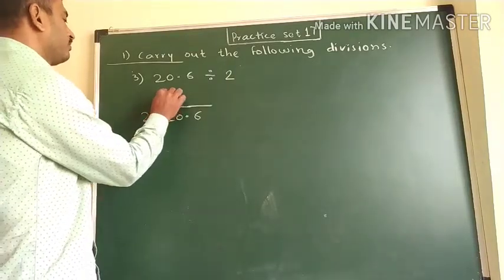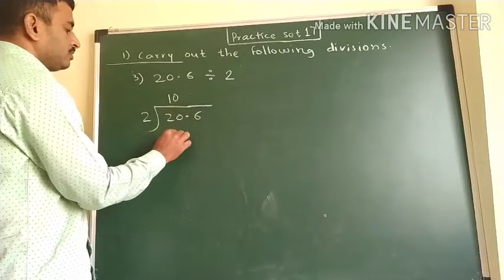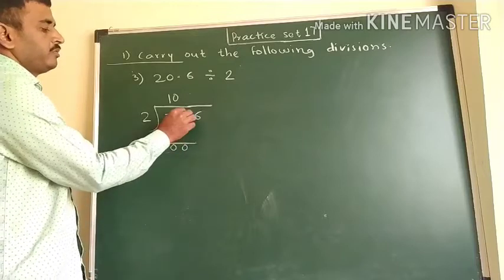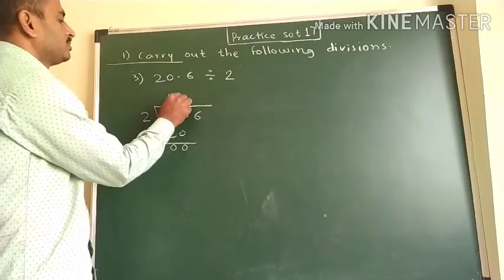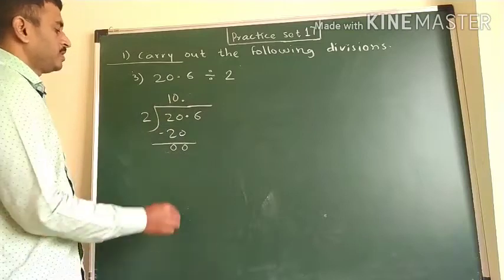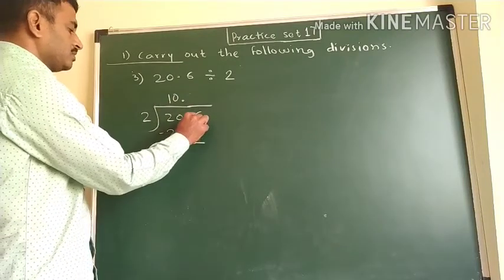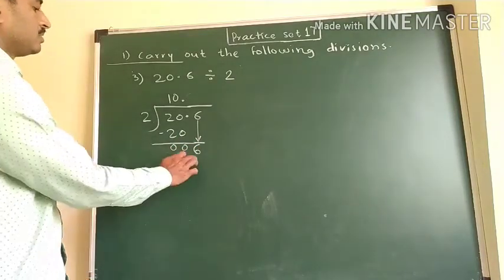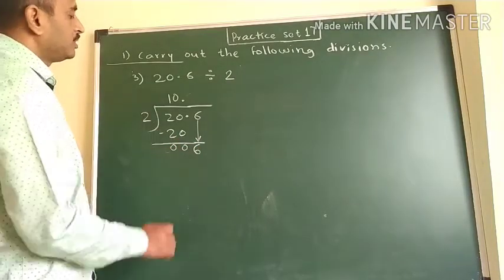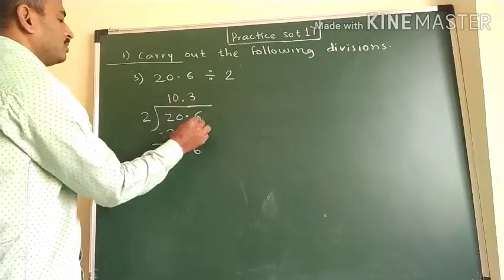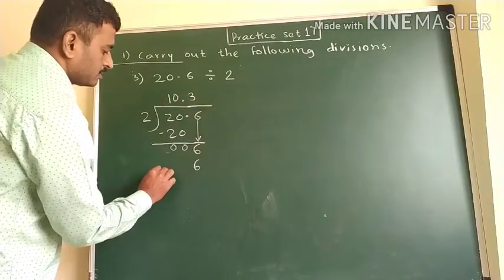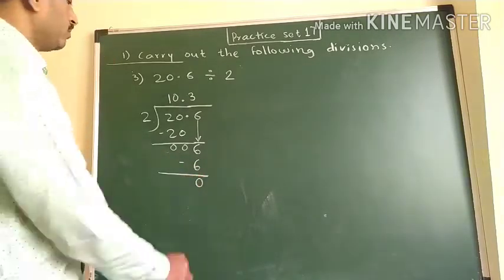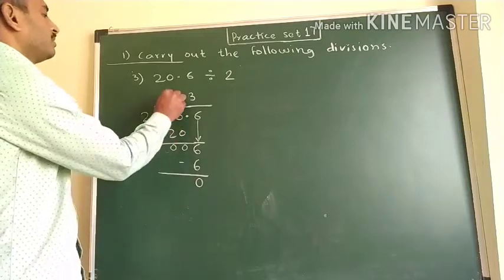2 tens are 20. So 20 minus 20 is 0. Now we are at the decimal point, so in the answer also we have to give a decimal point. Now we have to take this 6 down and divide this 6 by 2. 2 threes are 6. We write 6 minus 6 is 0. We get 0 as remainder, which means we get the answer